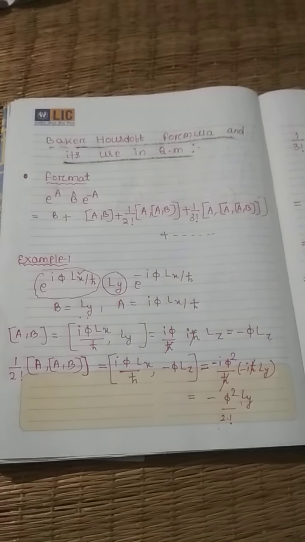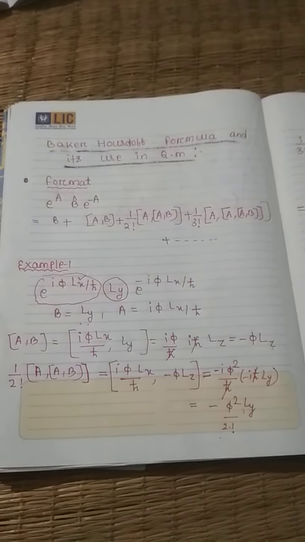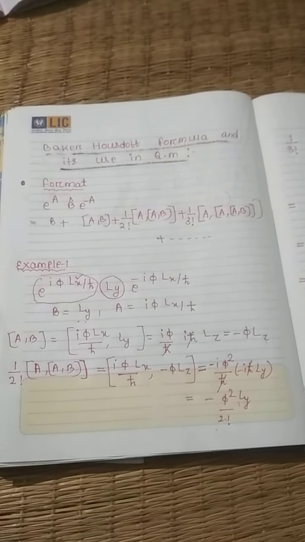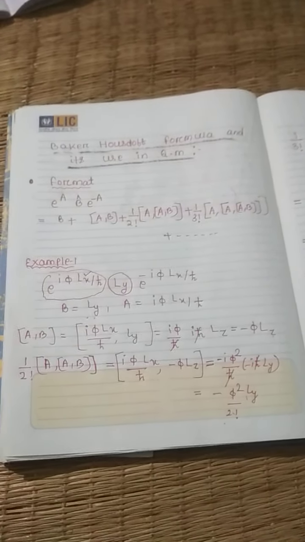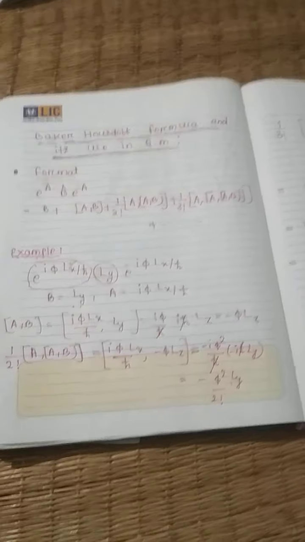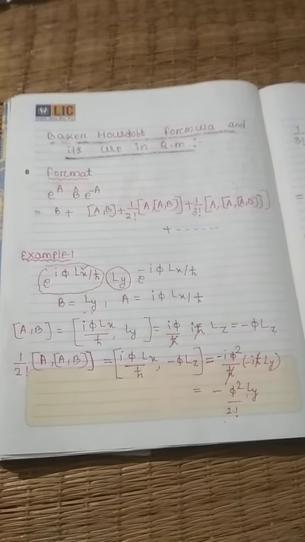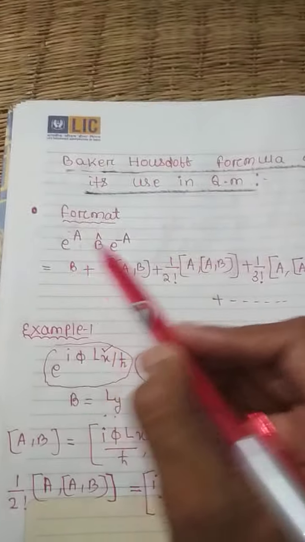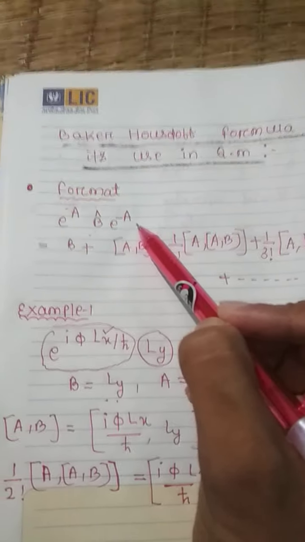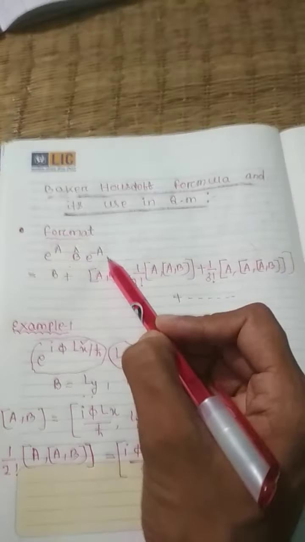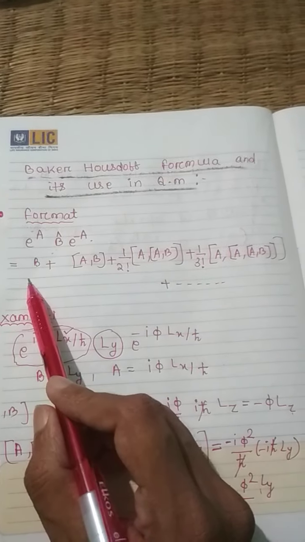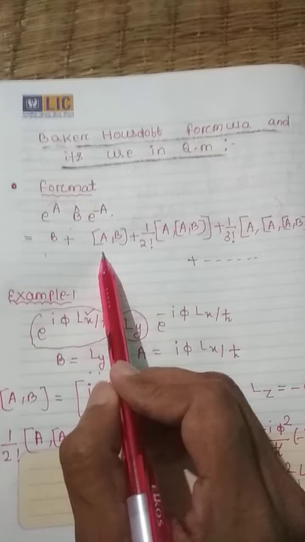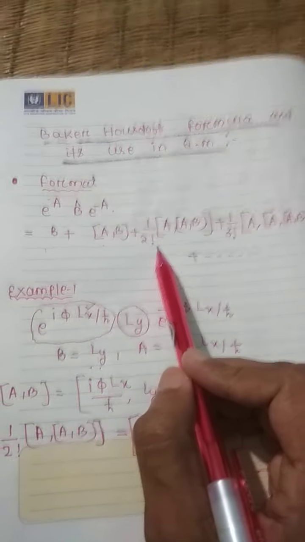Hello friends, today we will discuss an important concept in quantum mechanics, that is the Baker-Hausdorff formula and its use in quantum mechanics. The general format of this equation is e to the power A, into B cap, into e to the power minus A. And the value is B plus the commutator of A, B plus 1 upon 2 factorial